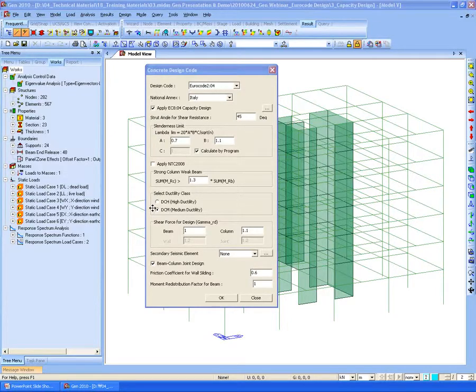This gamma factor is to consider the overstrength of the steel strain hardening and also confinement of the compressive strength. So we can consider this gamma factor. Once we change it to the DCH, we also need to consider gamma factor for walls and joints. And beam column joint design also can be performed. This joint design results will be displayed with the column results. By clicking this extension button,